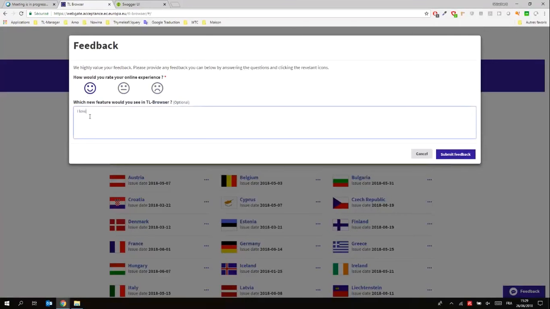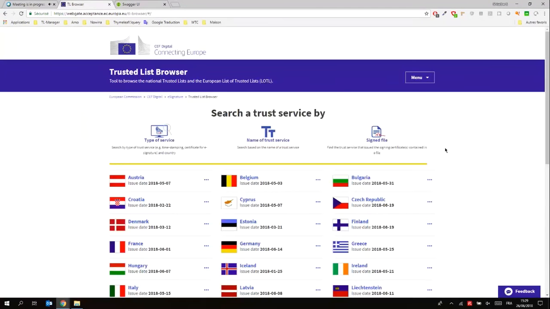And of course, we are not looking for just happy smiles here. We are also looking for real feedback on how to improve the tool. And if there is any missing feature, please don't hesitate to provide feedback on that.